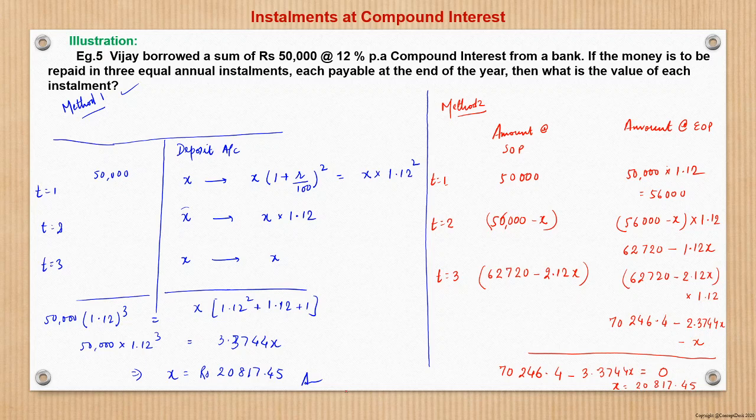So this is another way of solving the question. Basically this method was the same as what we have been doing so far. Herein we looked into the terms of final amount, and the final amount will get changed basis the interest earned during that period. And the interest earned depends upon the outstanding principal at the start of the period. The outstanding principal at the start of the period will get adjusted with the amount of installment being paid, right? So using this concept we have solved this question.